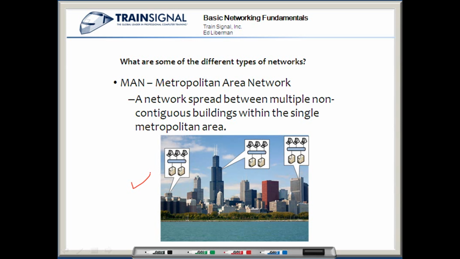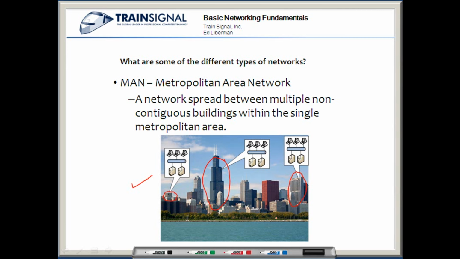You know what city that is? Yep, that's Chicago. So if we were to say within the city of Chicago, maybe the company resides in 3 different buildings. So if we were to pick this building, and they're in this building, and they're in this building, but they're not contiguous, meaning they're spread out all around the city,